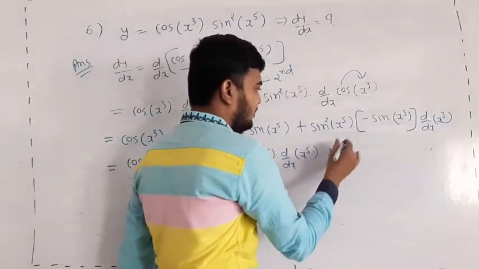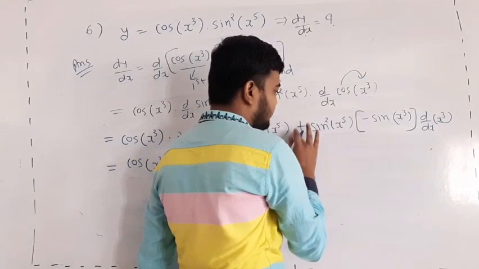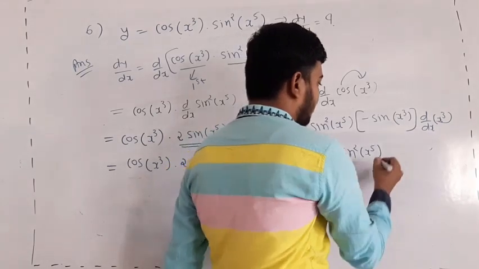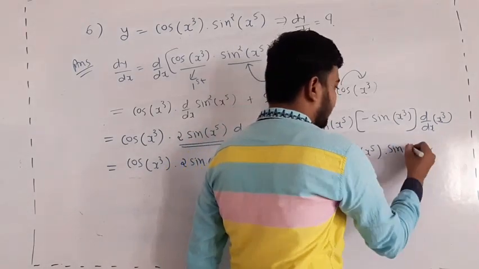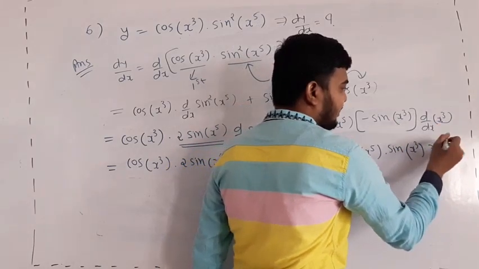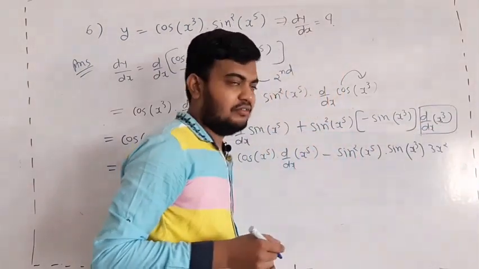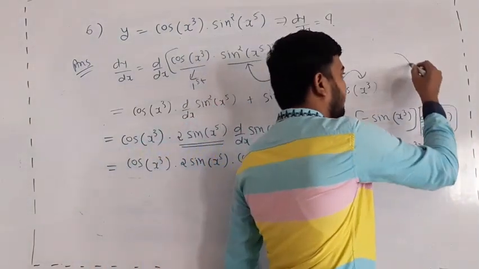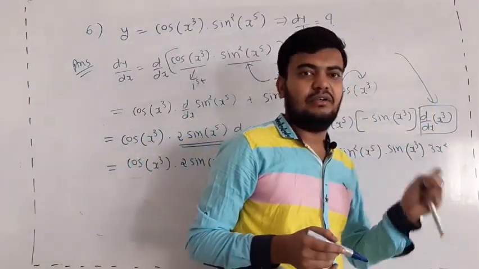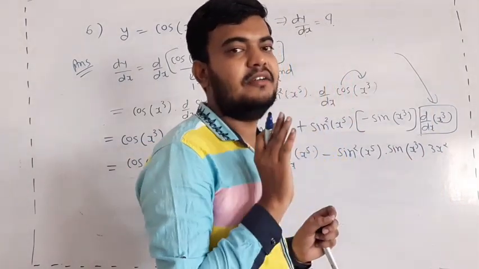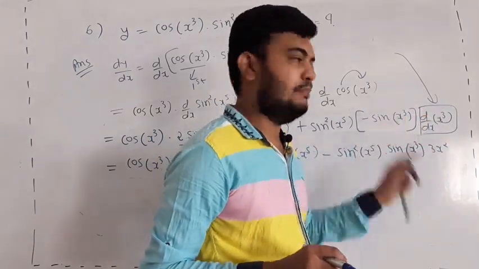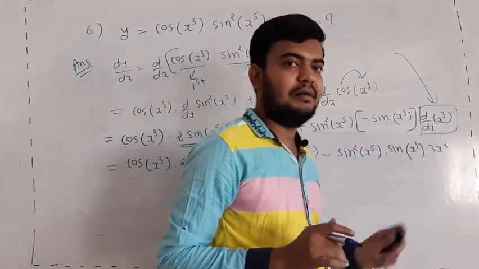Plus, okay, minus plus, this minus comes forward, then plus minus minus, sine square x raised to 5 into sine of x cube into, differentiation of x cube is 3x square. Okay, remember one thing. I told you in the previous question that the last derivative of the chain rule is always a standard formula, and x cube is a standard formula of the form variable raised to constant power, power forward and 1 decreased power. Okay beta.